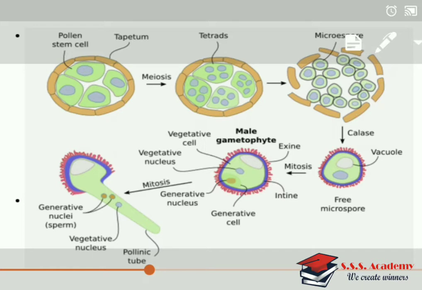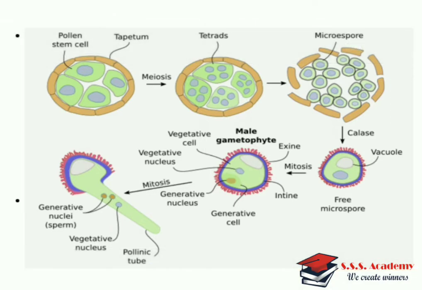So there is outermost covering which is so called exine. Then next to that there is one more covering which is called intine, and inside that there is a small thin walled cell which is so called as a generative cell, and there is a bigger naked vegetative cell which is so called as vegetative cell, and that vegetative cell is said to possess vegetative nucleus. So vegetative cell is rich in food and has irregular shaped nucleus. The generative cell floats into the cytoplasm of the vegetative cell. So if you observe, the generative cell is there inside the cytoplasm.